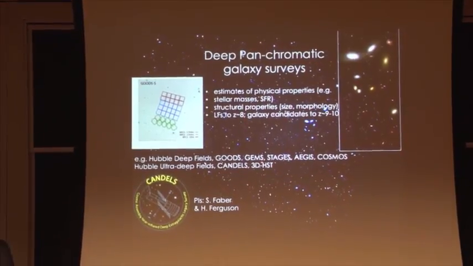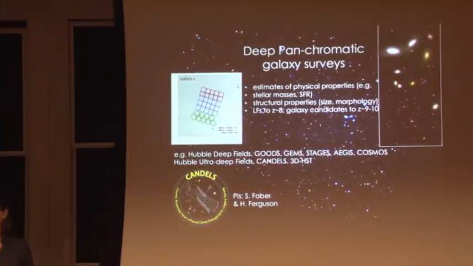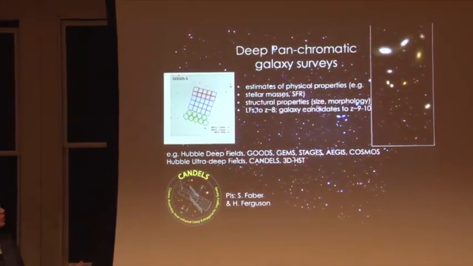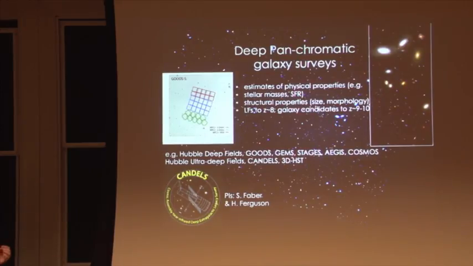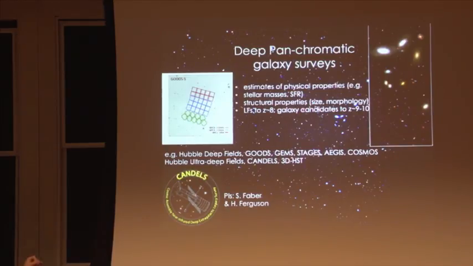And so this allows us to get estimates of physical properties of galaxies, again, like stellar masses, star formation rates, to identify accreting black holes in these galaxies, and to measure the structural properties, and this is a theme of this talk, so things like the sizes, morphologies, and internal structures of these galaxies out to very large distances. So in particular, with the most recent set of surveys with the Wide Field Camera on Hubble Space Telescope, which allows us to image in the near infrared, we can now study galaxies out to redshifts of 2 and 3 in the rest frame optical. And so this has been a crucial advance.